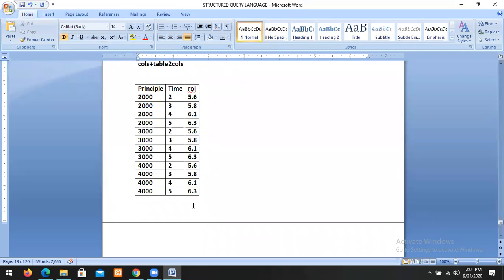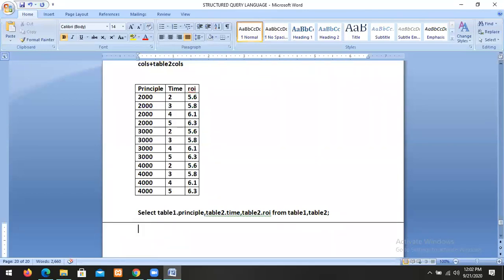The statement is: select table 1 dot principal, comma table 2 dot time, table 2 dot ROI, rate of interest, from table 1 comma table 2. When you write like this, it automatically performs the Cartesian product.